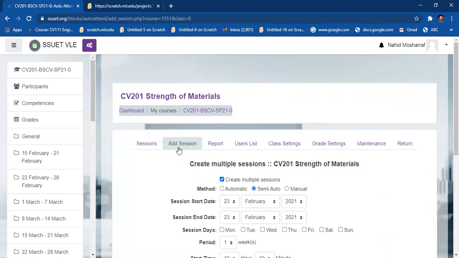How can I do that? So let me do it. Where is it? So here is create multiple sessions. So I will create it for one time. And I remember that I have the semester end date. So where did I put it? Let me see and tell you where I got this. Let me show you in which group I got this and asked about it.